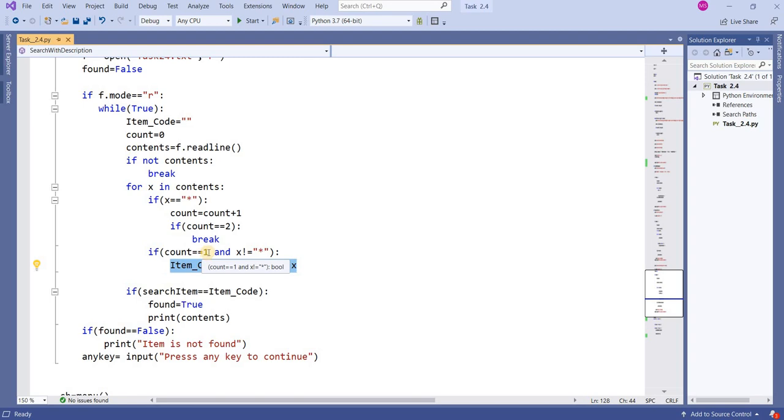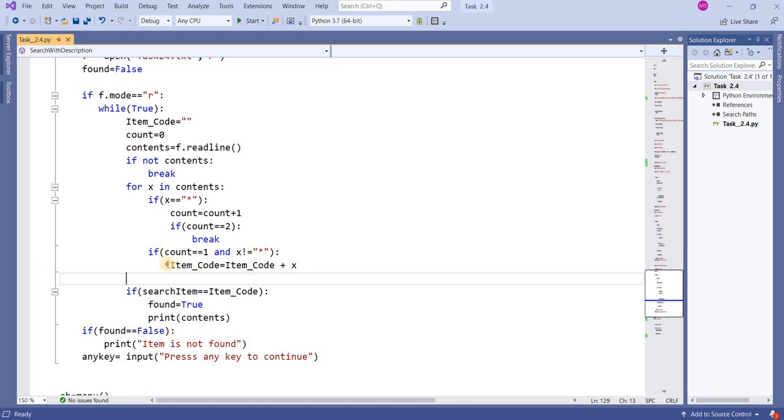Now you are getting the first star, and x not equal to star, because if you will not write this, it will fetch the star also. That's why I put x not equal to star, because I don't want to keep the star with the item description. Then you will do item code equal to item code plus x.